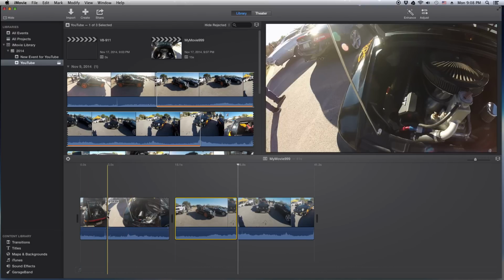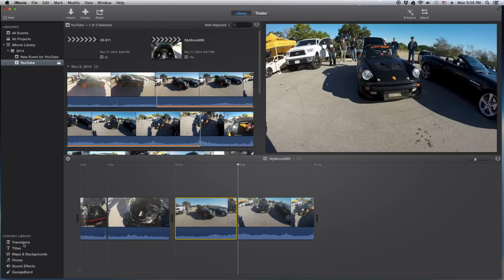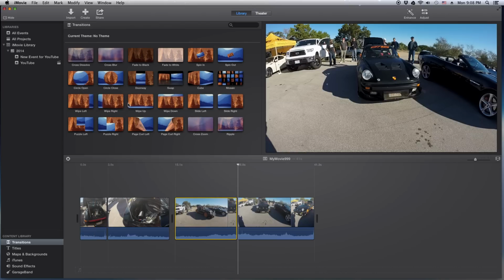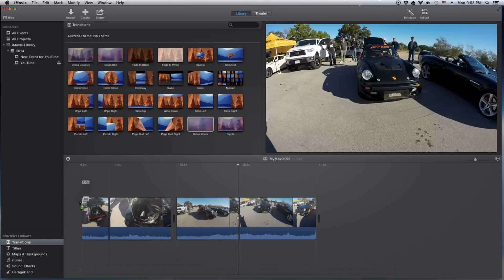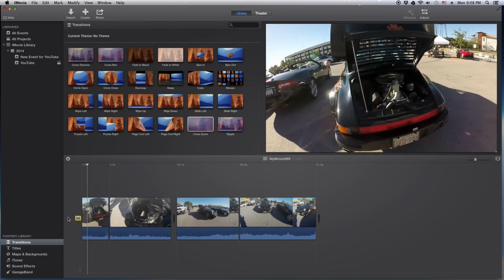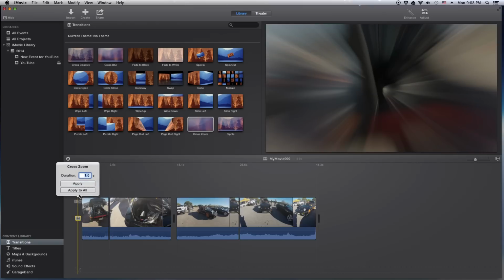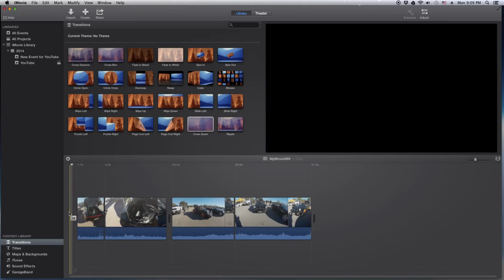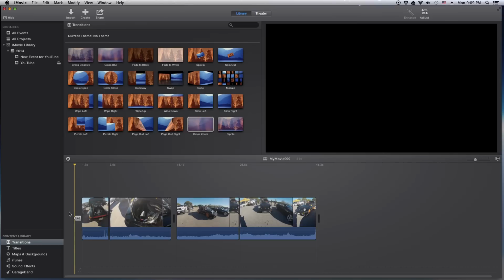And with that, you can put some transitions in there. So let's go ahead and do that. We'll click on the transition menu here. And I think coming into the video, I want kind of like a zoom type thing. So I'll click and drag that to the front. And now if you look at the play window on the right, it zooms in. If you double click on the transition, you can control the duration. So maybe I want it to be a longer one. So let's do 2.0. And we're going to apply. So now the zooming in will be a lot longer,